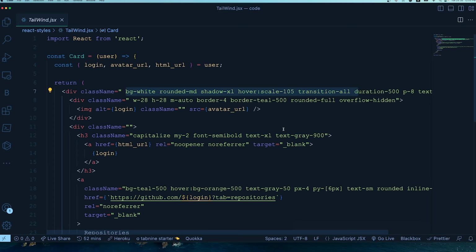So for example, if you need a white color background, you just do bg-white, and it gives you that. If you need a padding of something, you do p-2. So things like that you can actually do. If you need a border with the teal color, you do border-teal with the color strength. So this basically gives you a lot of handy stuff very quickly, and this has been adopted by the developer community so heavily, and it's one of the things that you must look into if you are doing web development now. But there is an opposite side of it as well.